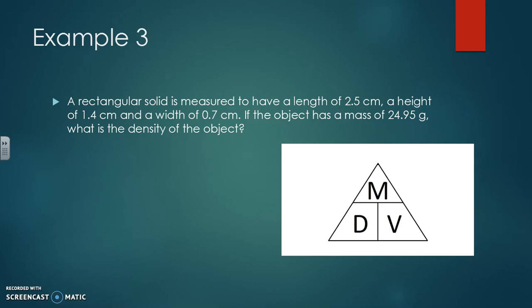This one we have a rectangular solid that has a length, a width, and a height. Okay, so I'm going to tell you how to do this. To find your volume, you're going to have to do length times width times height. Once you get your volume, then you're going to plug it into the equation density is equal to mass over volume to get your density. Okay, I want you to solve this and bring it back with you to next class, and then we will go through the answer to make sure you've got it right.